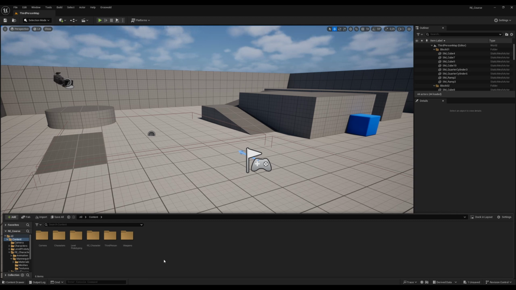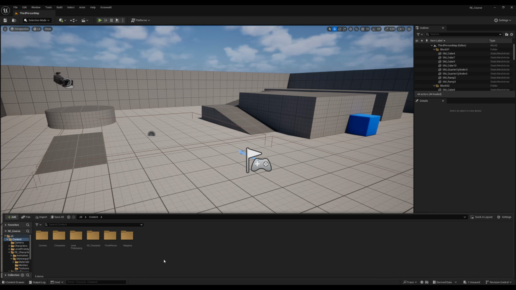But in this case, our weapons, make sure when you import the static mesh, you can just straight import this as a skeletal mesh. If you don't know how to do this, when you import a static mesh, just right click on your static mesh and then on top you can see convert to skeletal mesh. And then Unreal Engine is going to create a skeleton and a skeletal mesh and also a physics asset. Okay, so what you need to do, when you have your FBX,